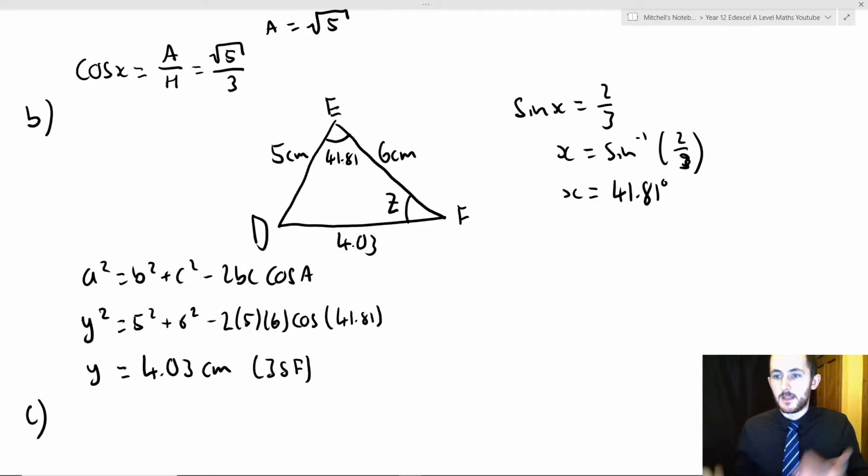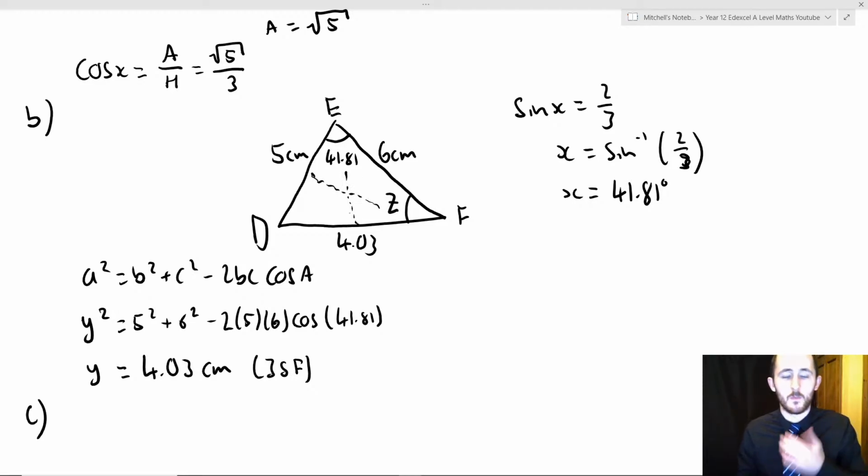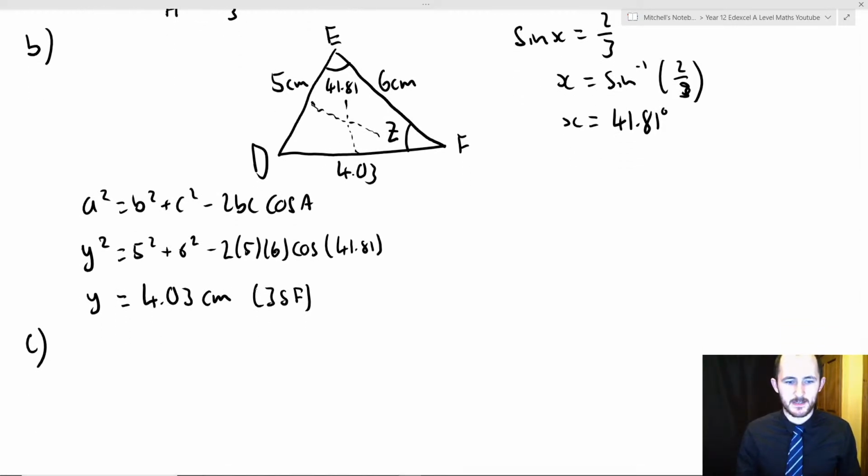Okay. So if we want to work out an angle and we have its opposite side and another angle-side pair. So can you see that this angle is opposite this side and we have this side which is opposite the angle we want? We can use the sine rule. You can also use the cosine rule again, but that's quite long. Okay, so I'm just going to use the sine rule. And the sine rule just simply says,